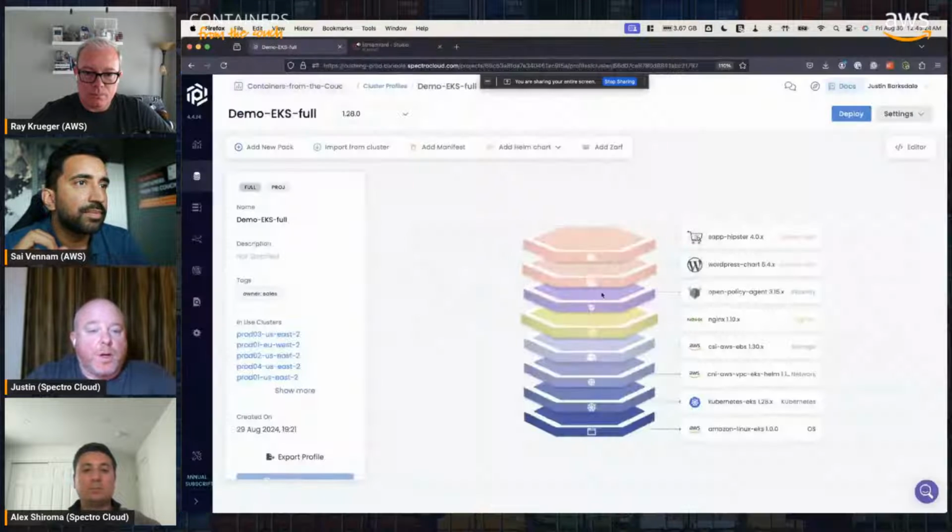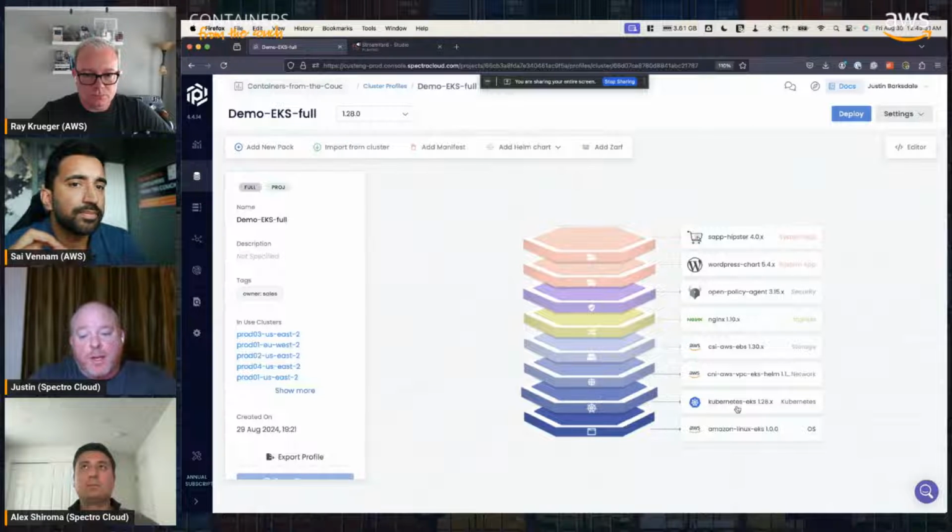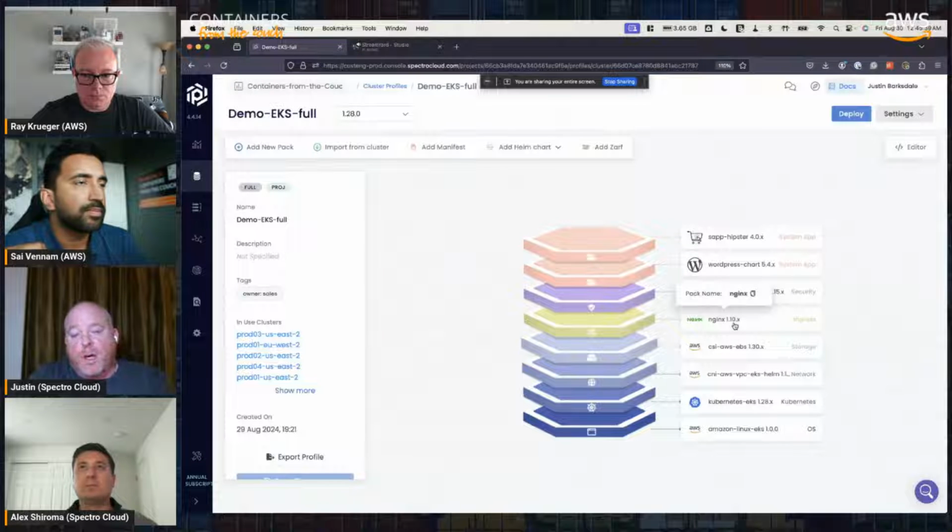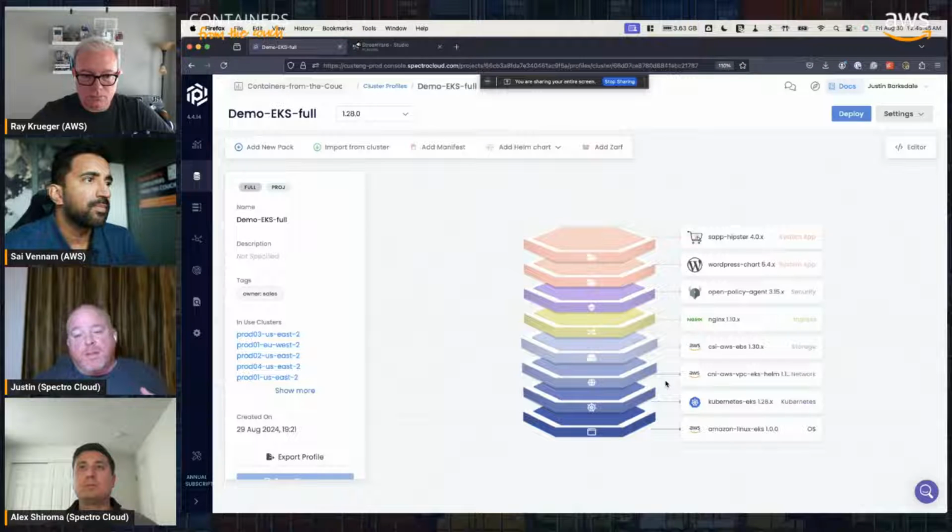So if you go back to our slide here, you'll see my profile version is 1.28, but my Kubernetes pack version also happens to be 1.28, it just happens to coincide. But for example, Nginx is 1.1 or 1.10. So it doesn't necessarily mean that the packs are the same version, but it means this profile that was built, which contains all those packs, this is the version that we want to deploy.